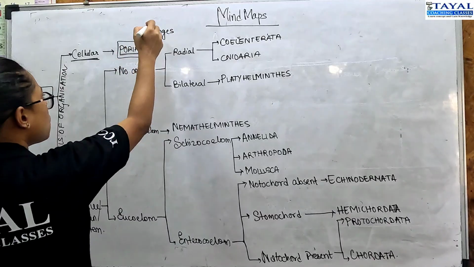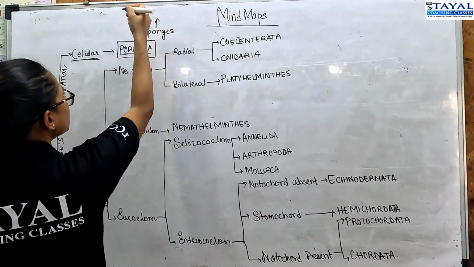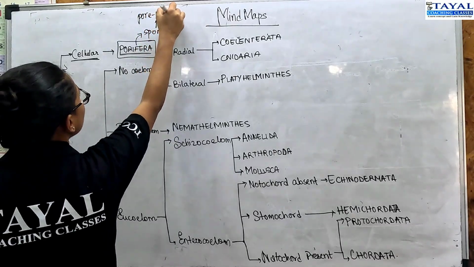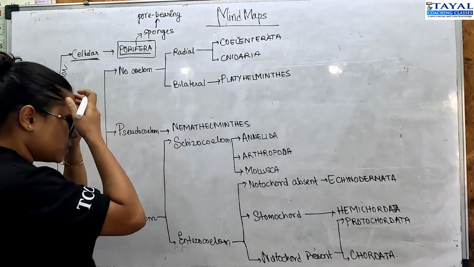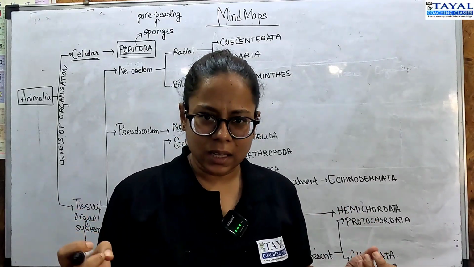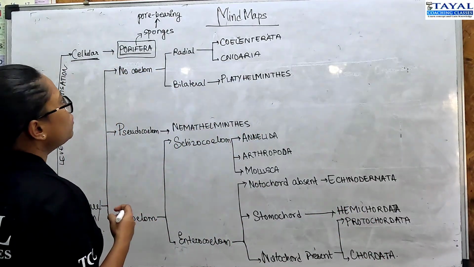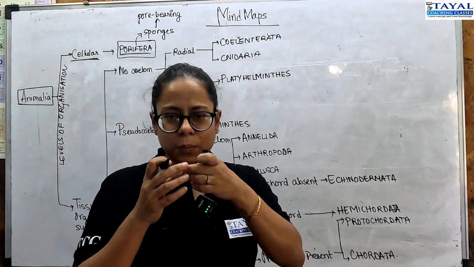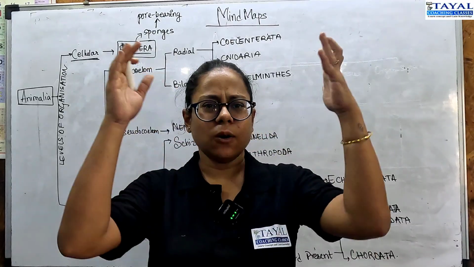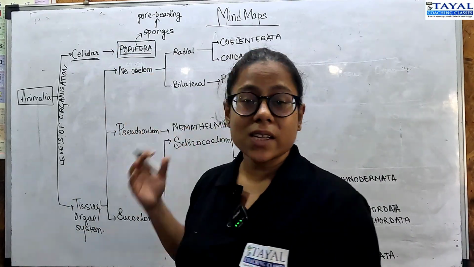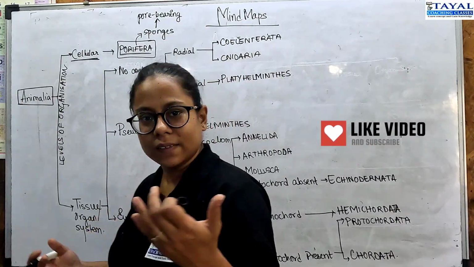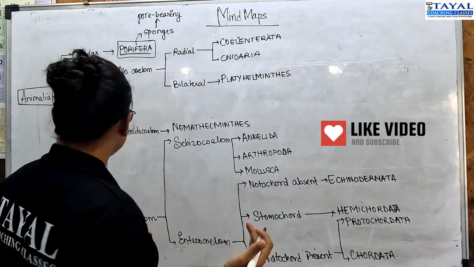body plan. Now sponges, why are they called porifera? Because the word pori comes from the word pore bearing, right? So they have multiple pores on their body, which gives them their name porifera. They have one opening at the top, which is the osculum. The water goes in with the food and comes out through the same, right? We will classify all of these later, but as of now, porifera are pore bearing organisms. They are the sponges, exclusively marine.